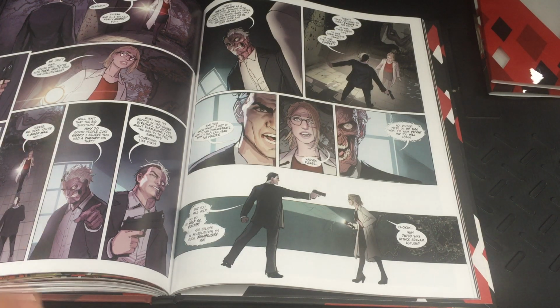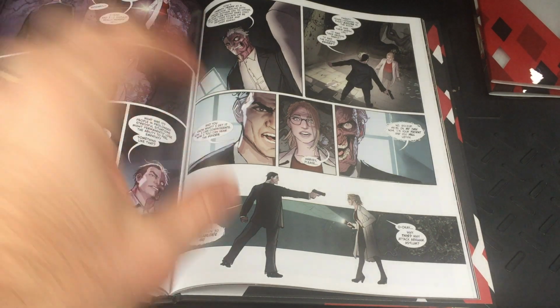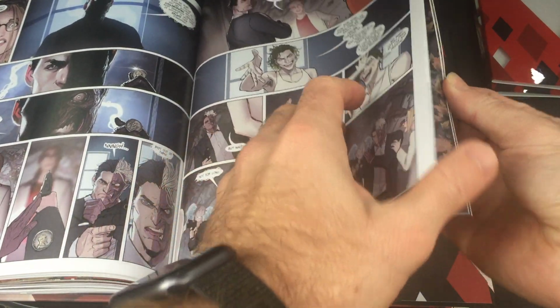And you kind of get the gist from looking at it from a Harley Quinn perspective now, but it's a small little seed that Sajak plants early on in the story, which actually turns out to be a huge part in the actual execution of the story, which again, I don't want to ruin the twist on that. But again, when it comes down to,